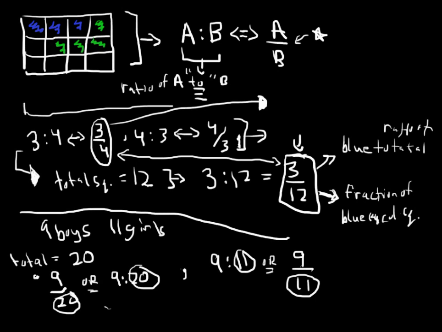If it's a ratio of boys to girls, or girls to boys, girls to boys would be 11 to 9, 11 over 9. If it was girls to everyone in the class, 11 and 20. So basically, you just have to be careful about what you're really referring to